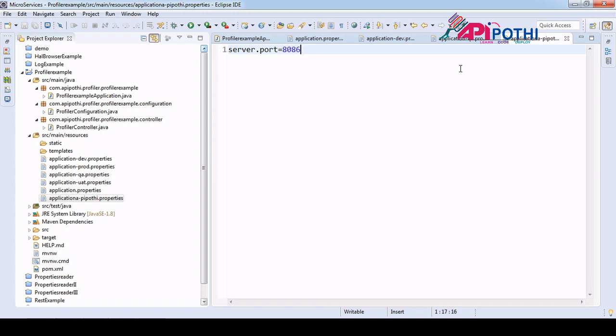One more thing here, you need to also understand that in my system I am running on 8081, 8080, 8082, but probably if you run the same project in your application, it might not run. The reason is some PID or some process might be using this port already. So probably you need to change this port when you get a bind exception or port already in use, something like that.